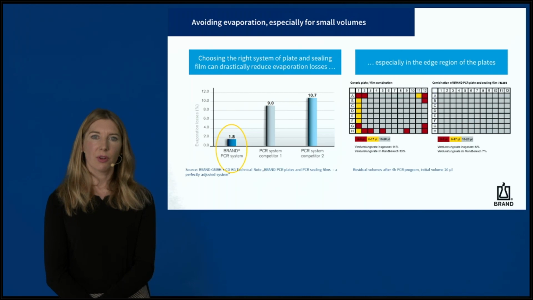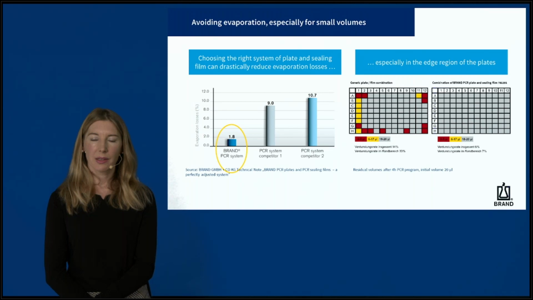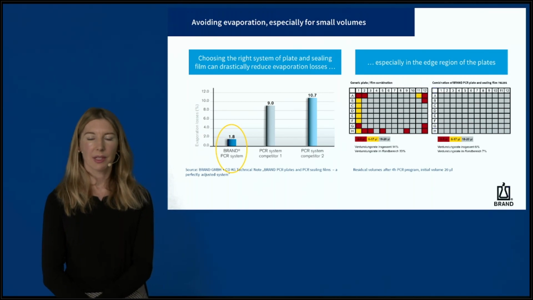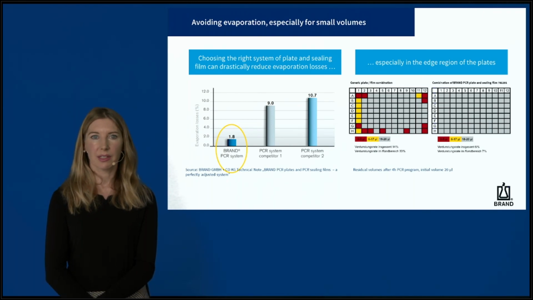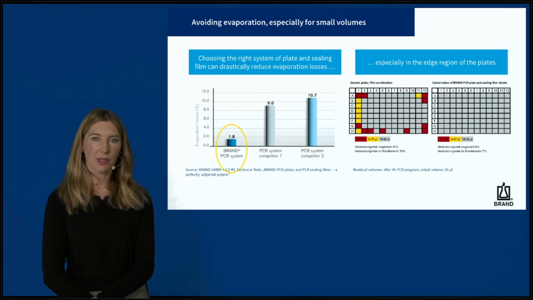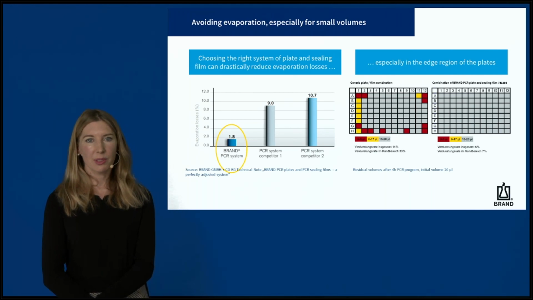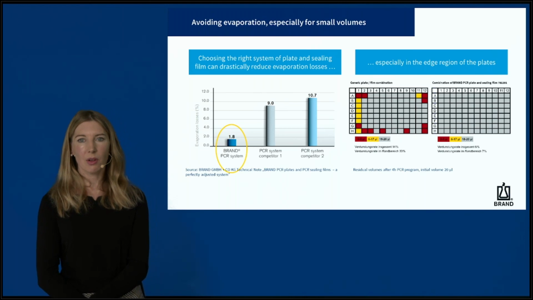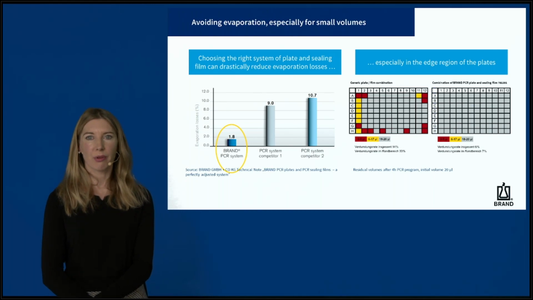As the reaction volume is very small, it is necessary to avoid evaporation. This picture shows the percentage evaporation losses of different PCR systems. In this case, we used a 96 PCR plate in combination with an adhesive sealing film. As you can see, there are really differences in the PCR consumables. Therefore, it makes sense to optimize not only the PCR reaction mix, but also the choice of PCR plastics. In the picture on the right side, the remaining volume after a 4-hour PCR program is shown graphically.